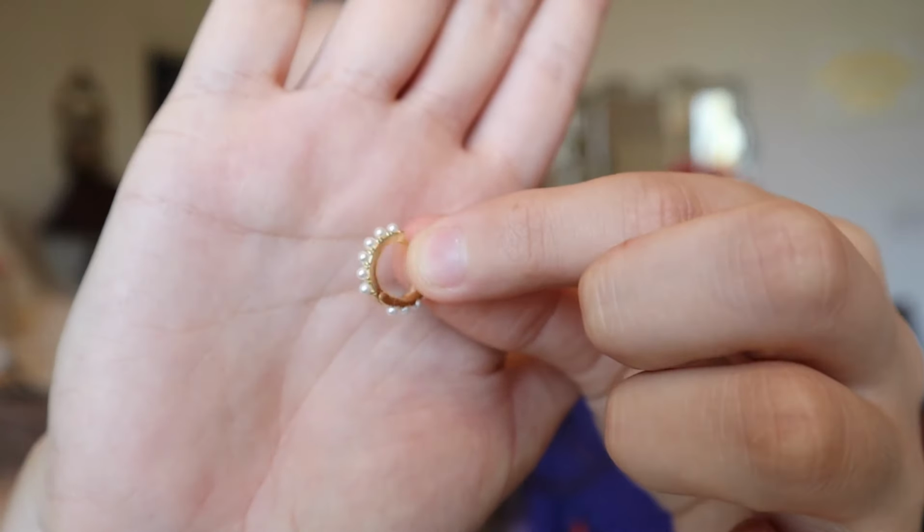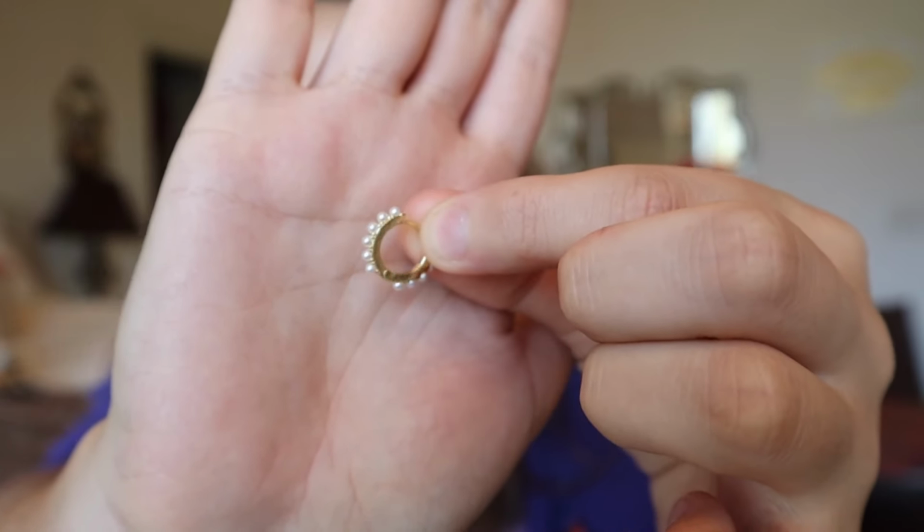This is probably my favorite thing that I got out of the whole little haul. They are these pearl hoops, and OMG, y'all, they are so cute. Look at these. OMG, I just think they're going to be so cute in this hole, in my very first holes, and then the little rhinestone ones in the next one, and then my cuff up here on this ear